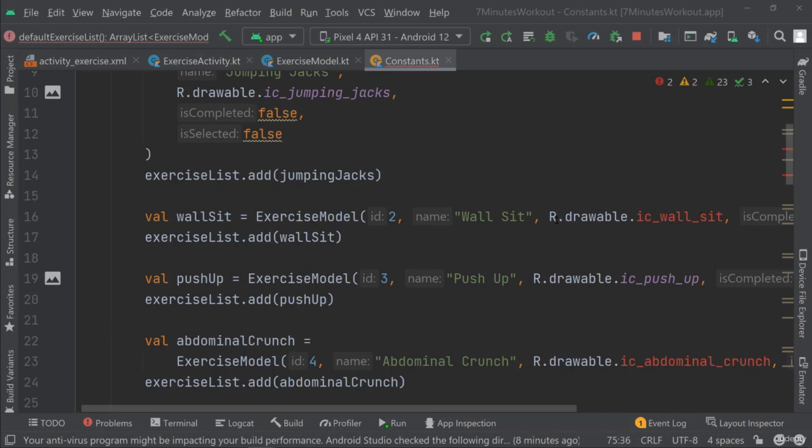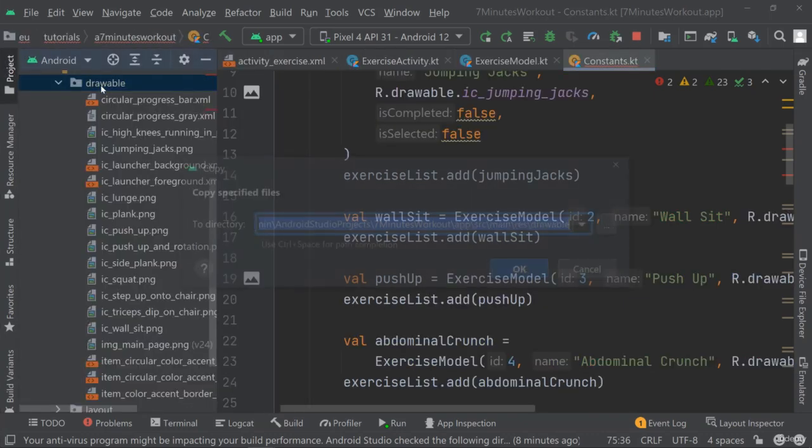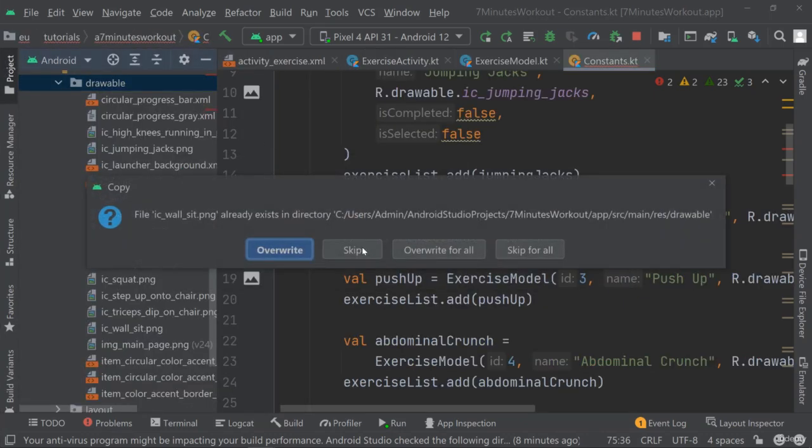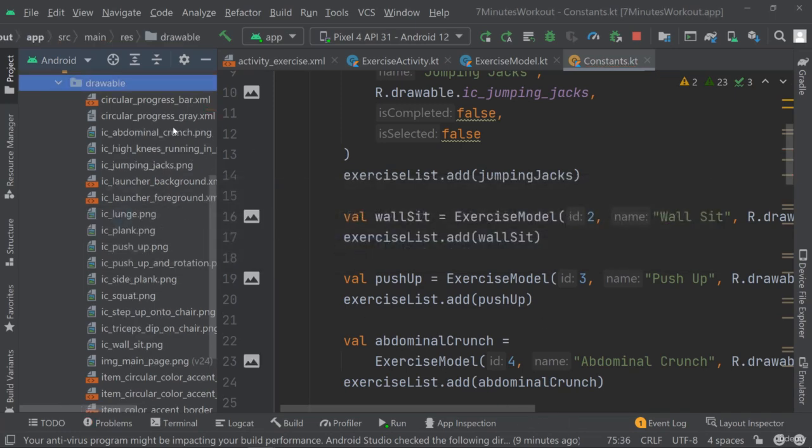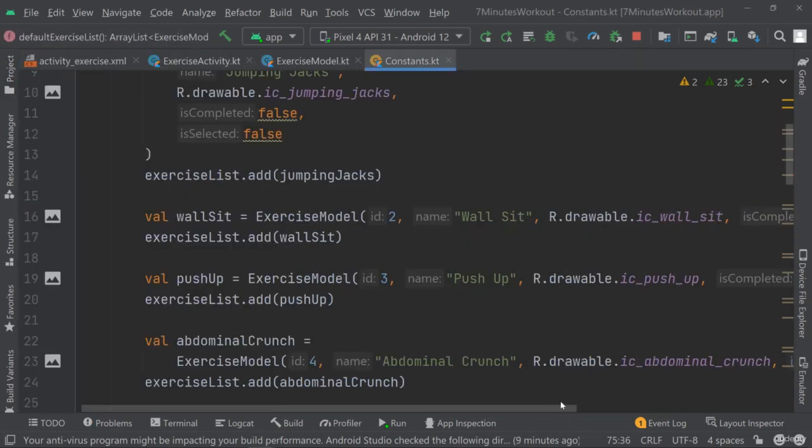I need to add the wall sit and the abdominal crunch. So I have forgotten to paste those images in here as well. So let's skip this one. Let's see. Maybe I have some wrong spelling or it wasn't found at first, but now it seems that I have no more errors. So just quickly, you see we have the wall sit where it has the ID 2,